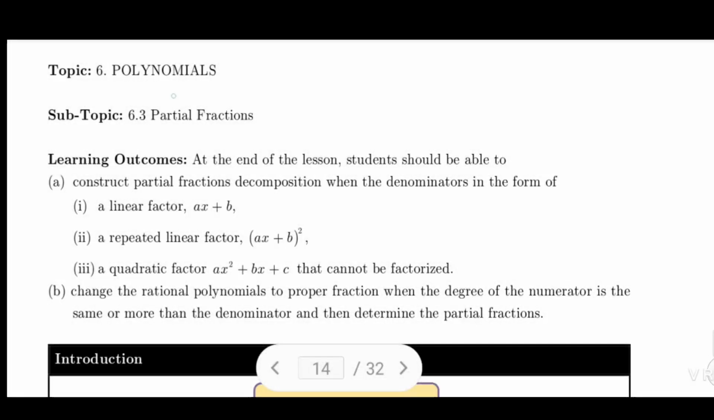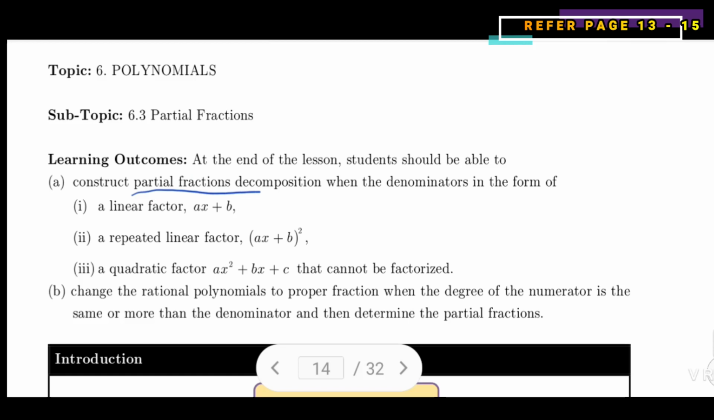6 Polynomials, subtopic 6.3 Partial Fractions. At the end of the lesson, students should be able to construct partial fraction decomposition when the denominator is in the form of, first, a linear factor, second, a repeated linear factor. So if you can see here, a linear factor which is repeated twice, and